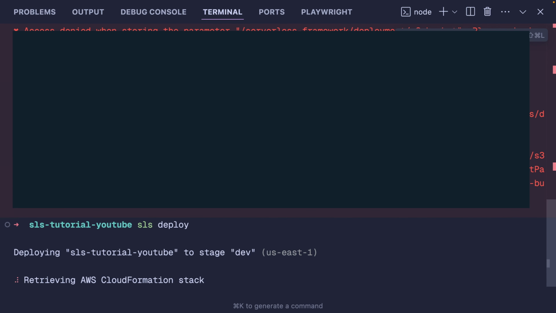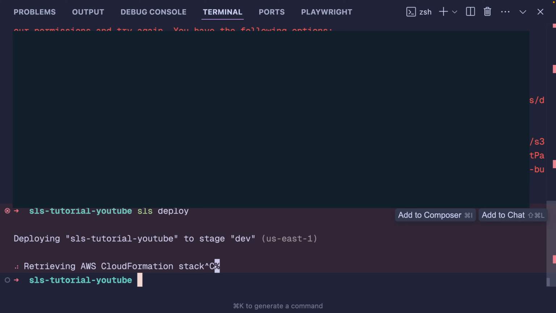We are packaging application. We are retrieving AWS CloudFormation stack. Now this could take some time. And sometimes I've also experienced this issue where it gets stuck. So when that happens, you simply need to terminate this process and then execute SLS deploy again. Let me retry this. I'm going to hit Ctrl C to exit this process and then I'm going to execute SLS deploy